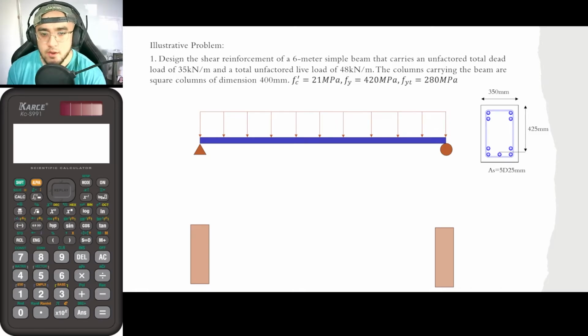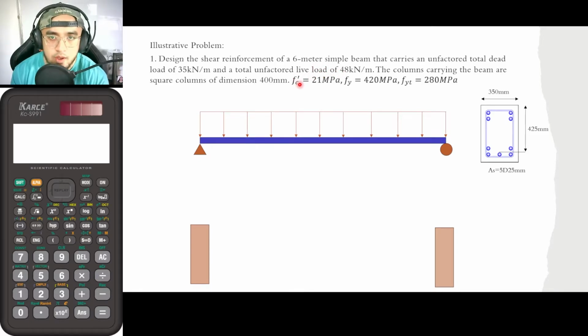Okay, so let us now solve for this problem. This problem is still in reference with ACI 318-14M and NSCP 2015. In this particular problem, we would now be designing the shear reinforcement of a 6-meter simple beam that carries an unfactored dead load of 35 kilonewton per meter and a total factored live load of 48 kilonewtons per meter. The columns carrying the beams are square columns of dimension 400 mm,